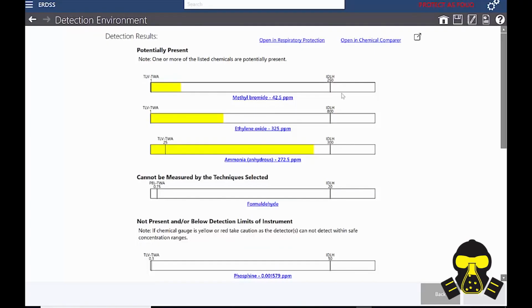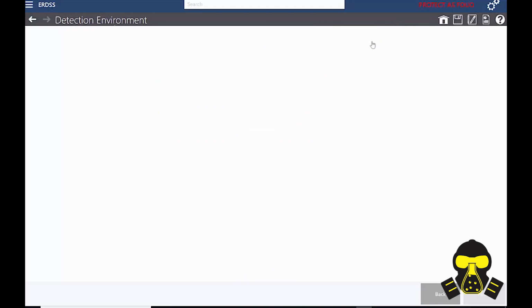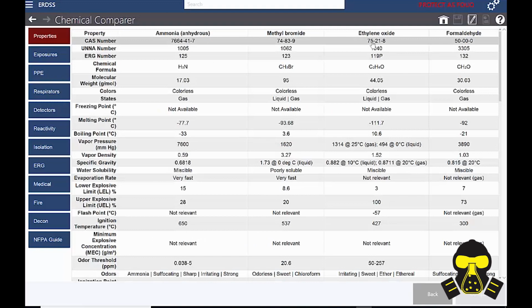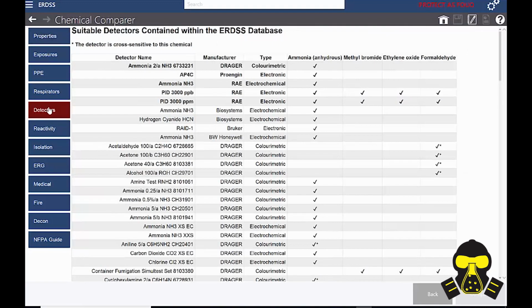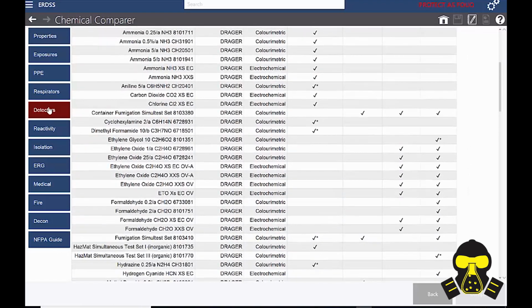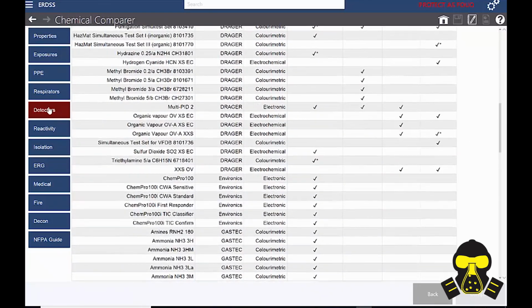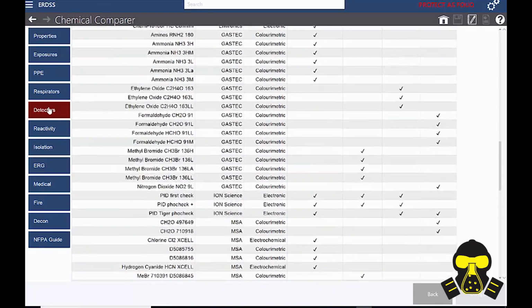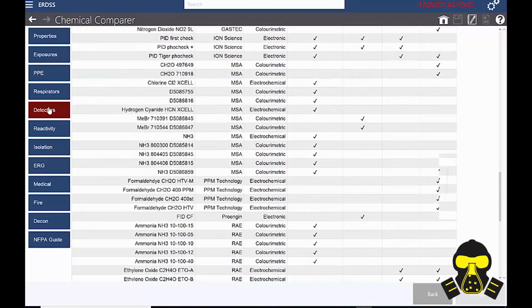So when you look at this, what I like to do now is pick Open in Chemical Comparer, because now I have 3 chemicals and one that I haven't measured for, that I'm not sure which one it is. So let's open them in Chemical Comparer. It pulls them right up, and let's go back to detectors and find out what detectors I can use to start pulling those apart. It puts all 4 of those beside each other and says, okay, with all these detectors in the system,